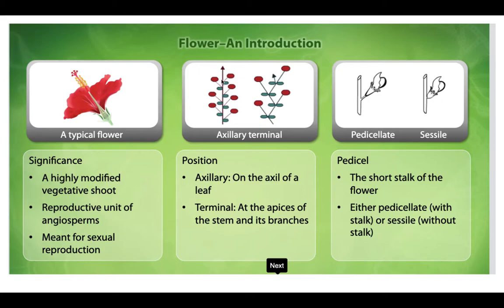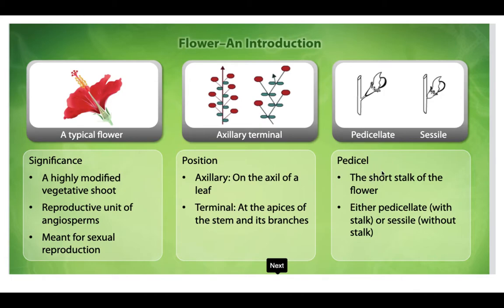And in that way this arrow indicates how the flower position is in this arrow direction, and here the flower is present, coming from in between these apices of the stem or branches.